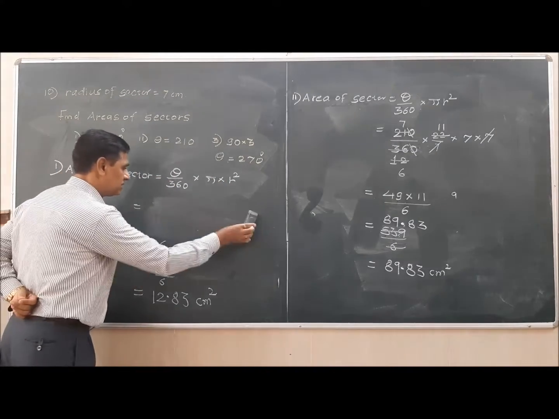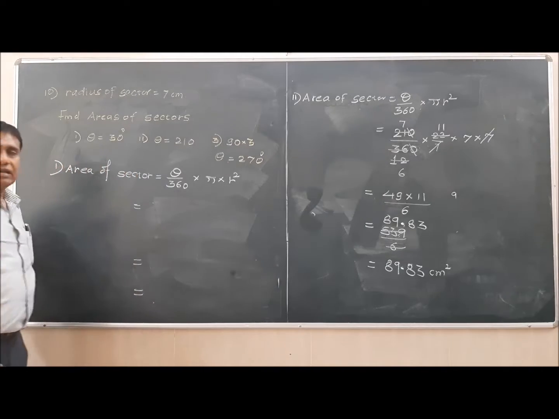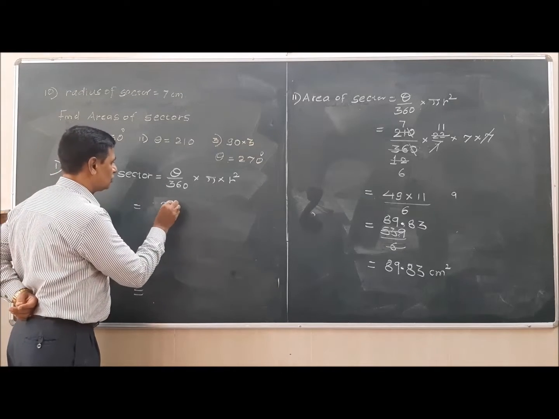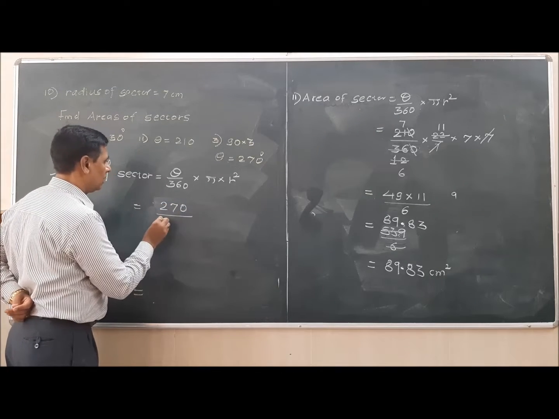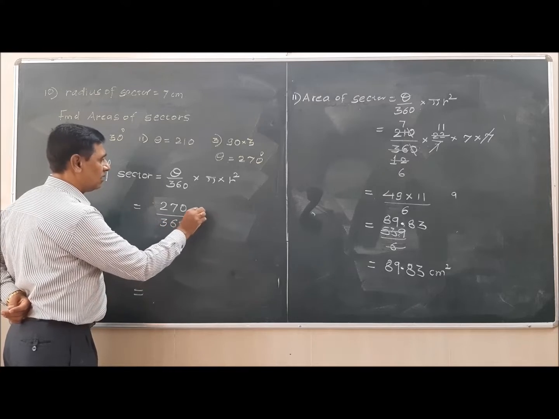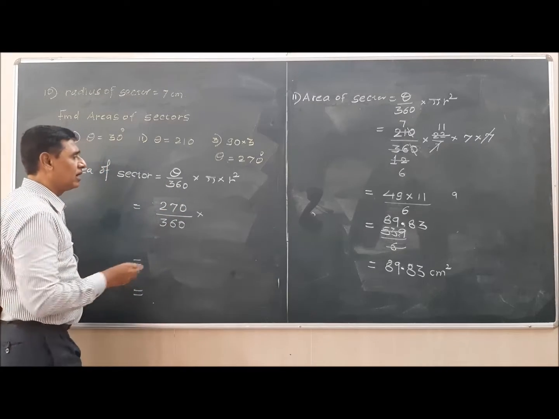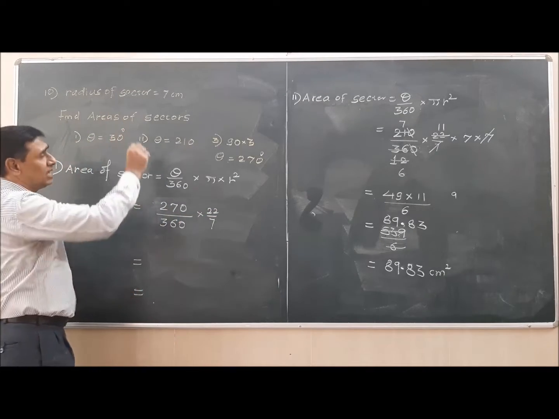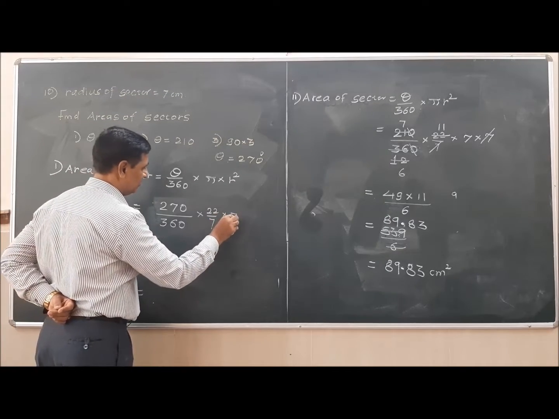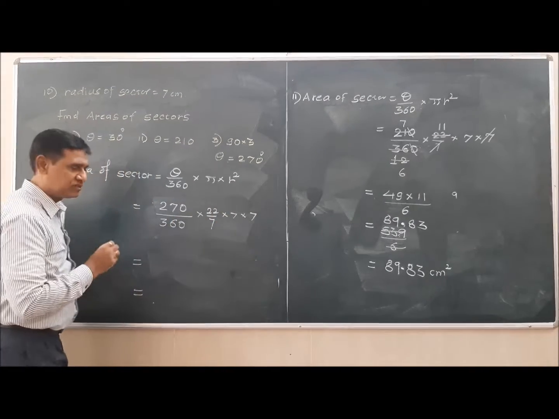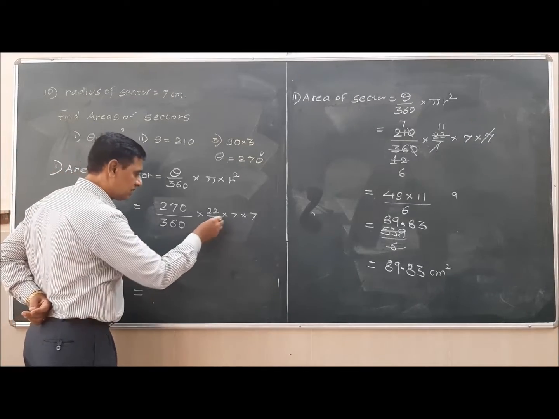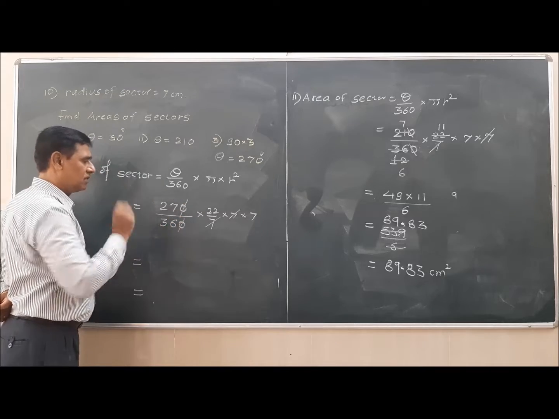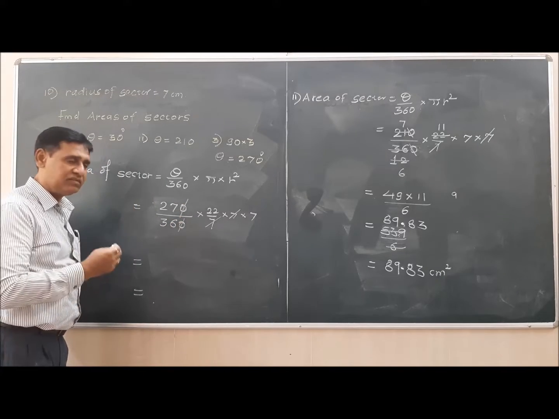Now, in this case, I'll substitute the value of theta as 270. So 270 upon 360 multiplied by value of pi is 22 upon 7. Radius will remain same. That is 7 into 7. Value of radius is already given to us. So please see here 7 and 7 will get cancelled first. Next to that 0 and 0. Both these numbers we can cancel easily with 9